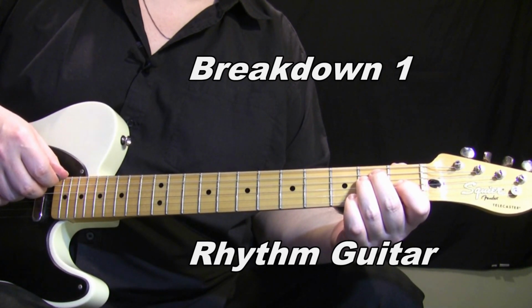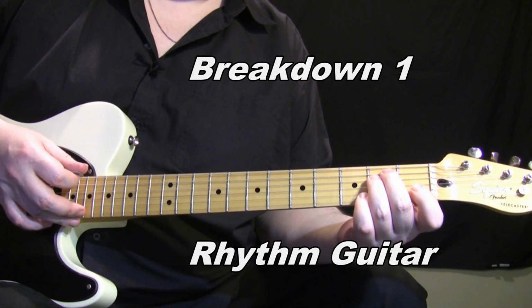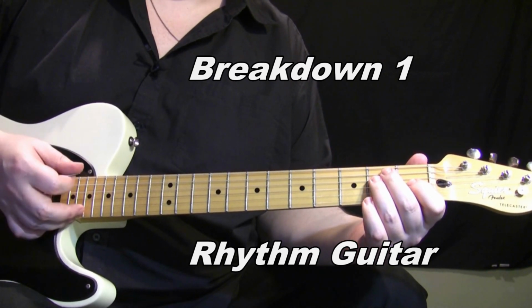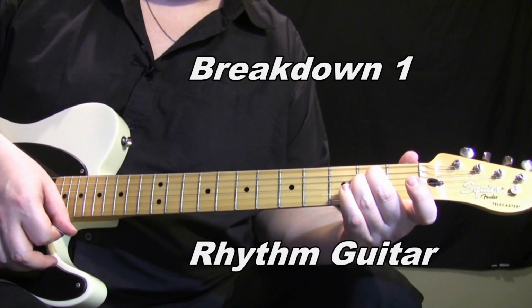Let's start looking at the rhythm guitar first here for Gloria. We're playing an E chord to a D to an A. So when we start this, we're going to strum down. We're going to lift our first finger off of our E chord,